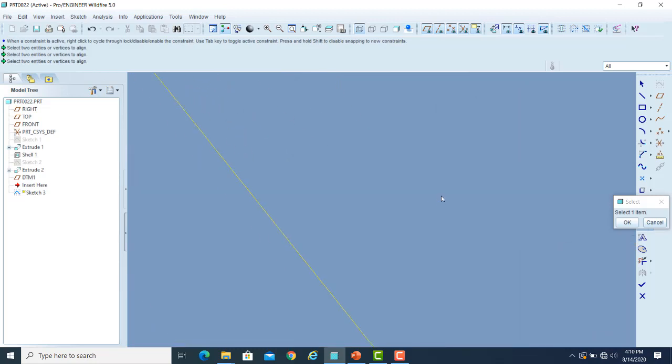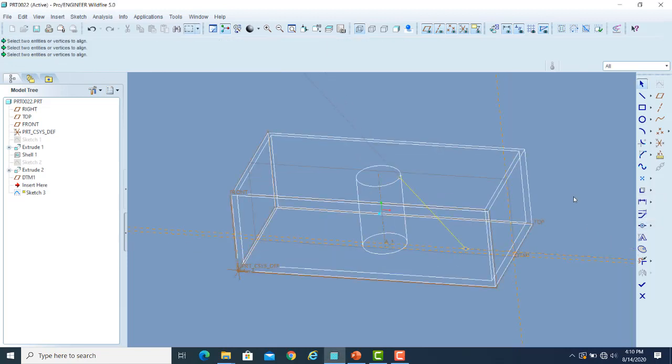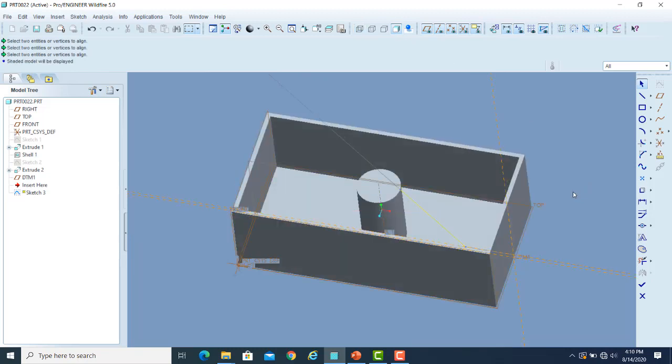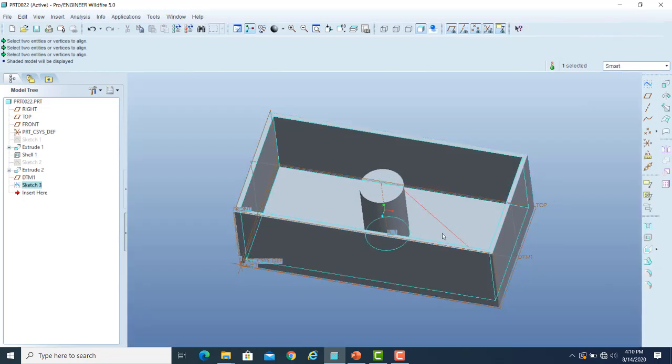And now I can use the zoom to fit का option आप किसी भी वक्त use कर सकते हैं. So OK, and now you can see that I have a line which is starting from that particular point up to this point. So let me turn it to the shading mode. So now इसको मैं OK कर देता हूँ. So now I have a sketch